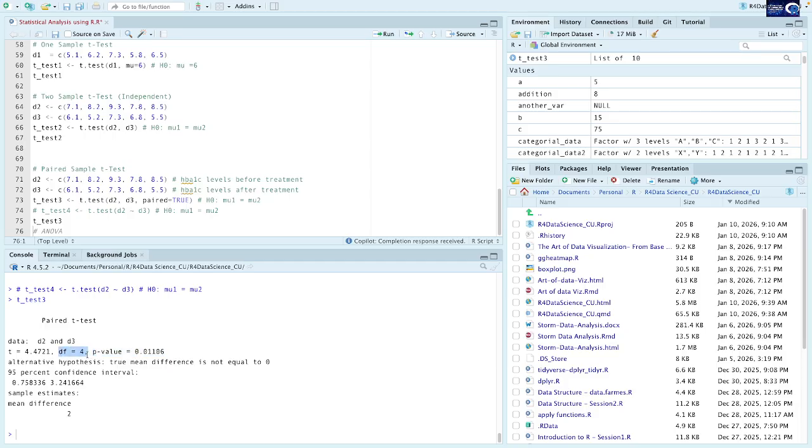That determines the shape of the parameters. It will always be the number of pairs minus 1. Then we compare the p-value to determine the significance level. If the p-value is less than 0.05, we reject the null hypothesis. Here the p-value is less than 0.05, so we reject the null hypothesis, and there is significant evidence to conclude